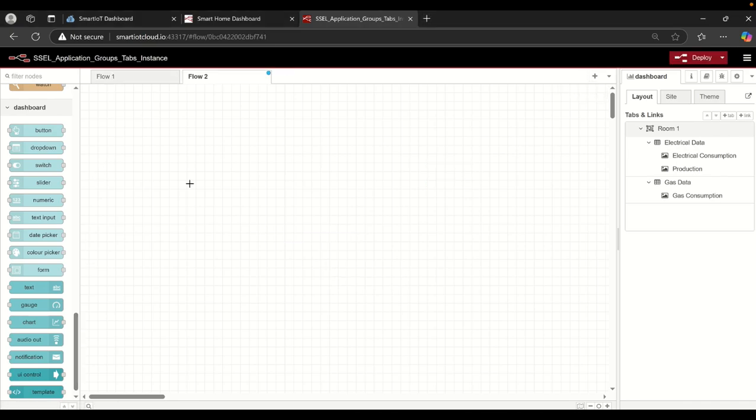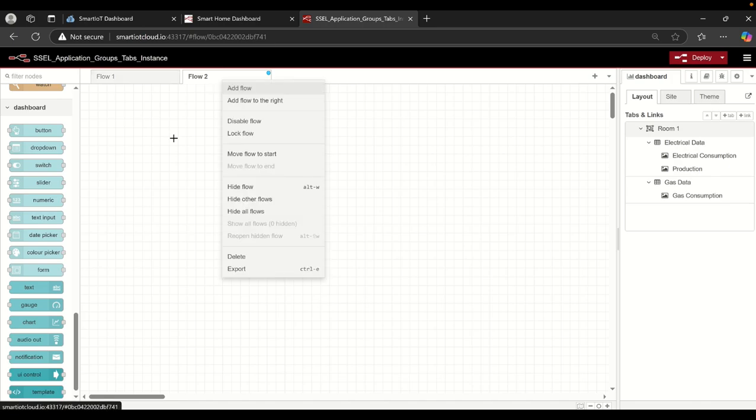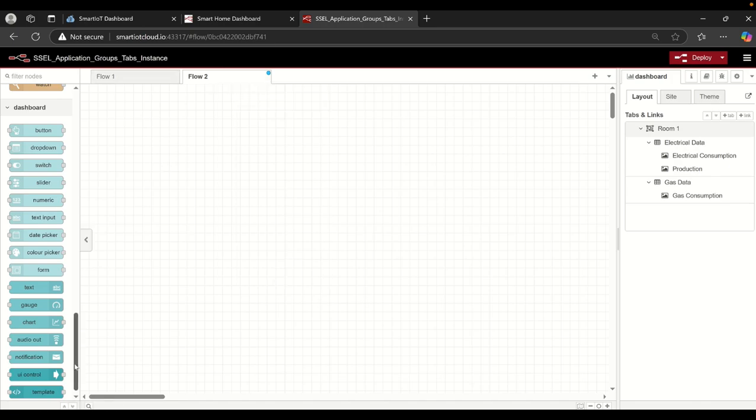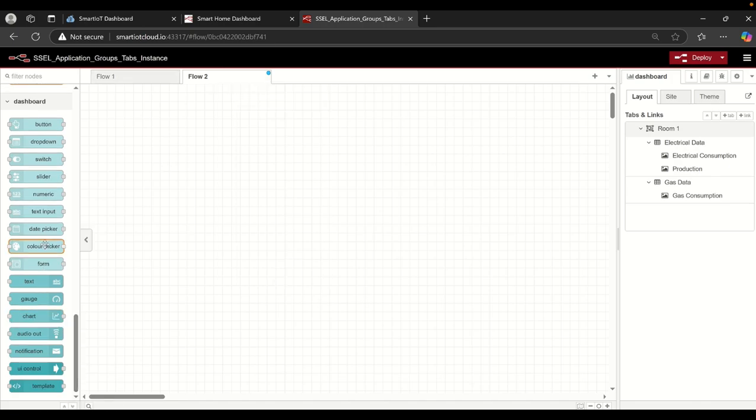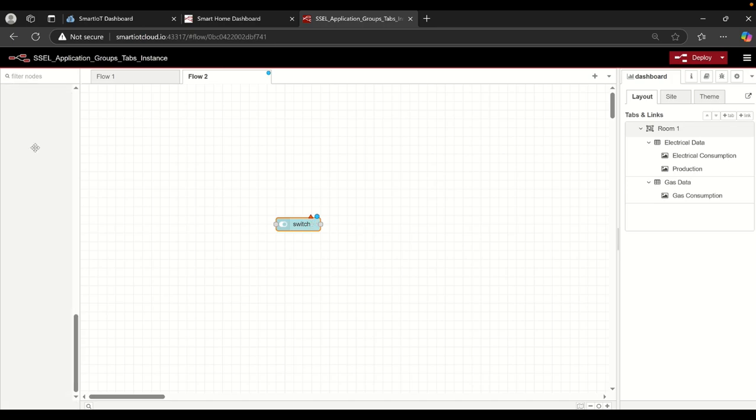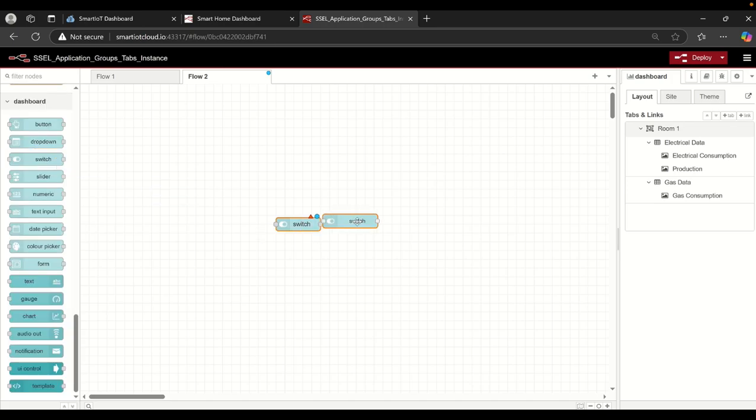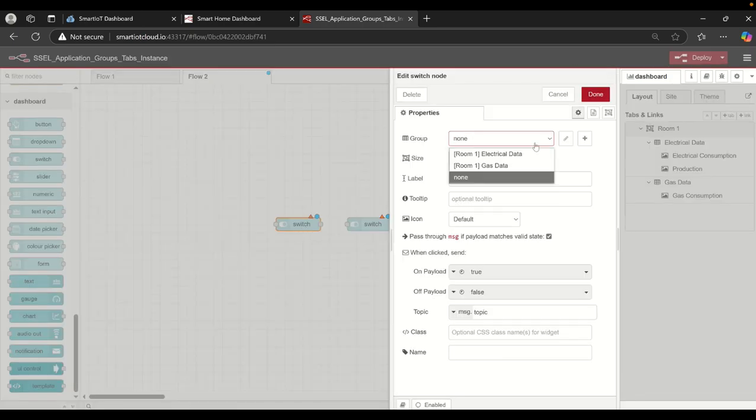So now whatever we do with the kitchen, we keep it in the flow 2, and that will be added as a menu on our dashboard, kitchen. So I add a button which is a switch, right? In the kitchen you have these buttons for exhaust, for example, or light control, so I put 2 lights in the kitchen, let's say one exhaust switch and one for maybe light, right? Double click it, and then we need to now create a new